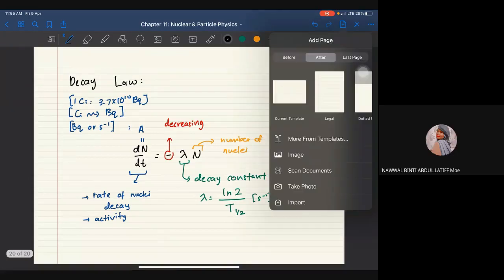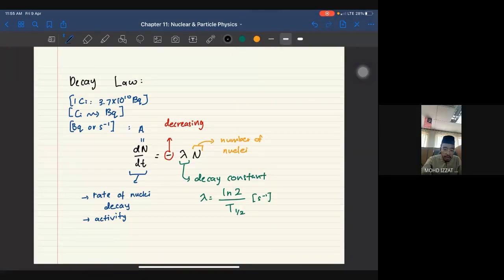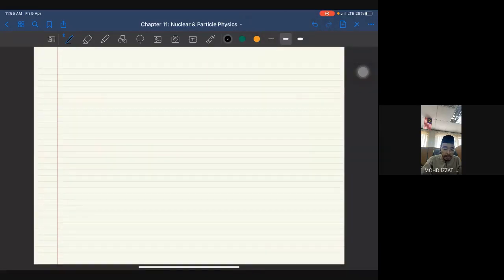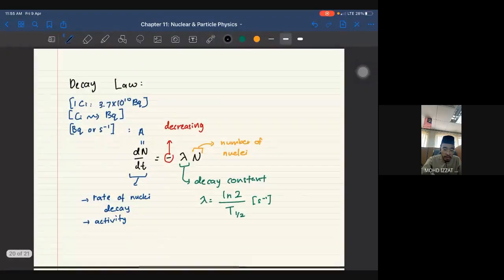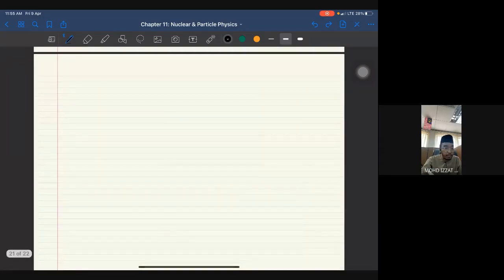Okay, so this formula, the decay law formula, you can actually derive a little bit, and then you can end up with another formula. One second, please. Okay, I'll write it here. So this formula can become two formulas. Okay, I changed my mind. So these two formulas,